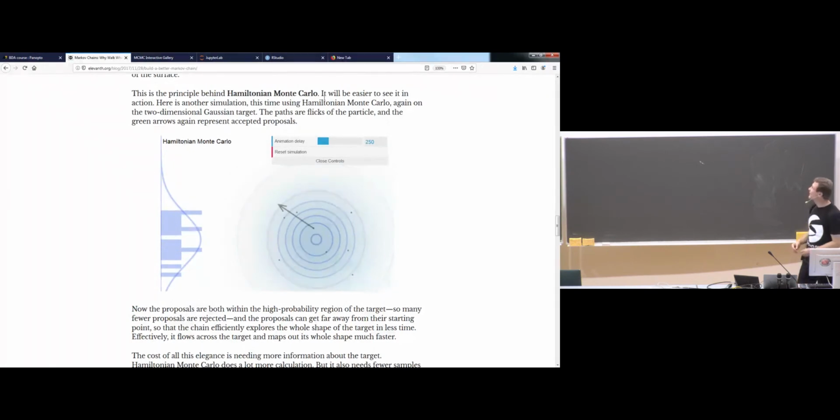In Hamiltonian Monte Carlo, you can see that it's doing this kind of deterministic dynamic simulation. When we look at this just in this simple Gaussian example, it doesn't look that impressive, but it gives you the idea.